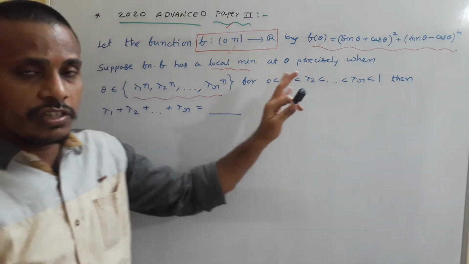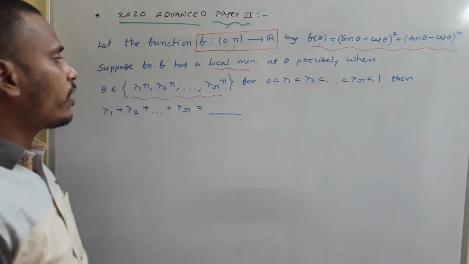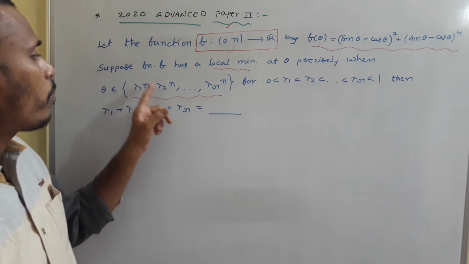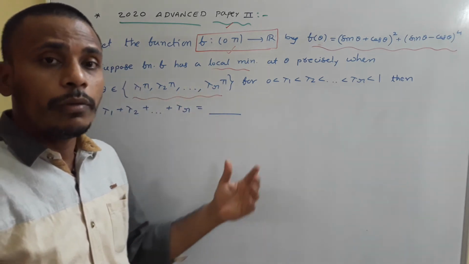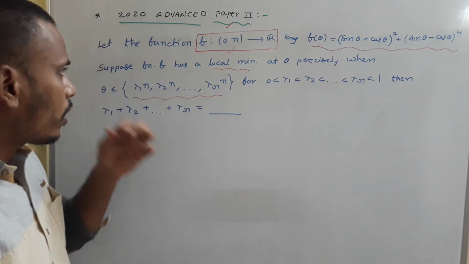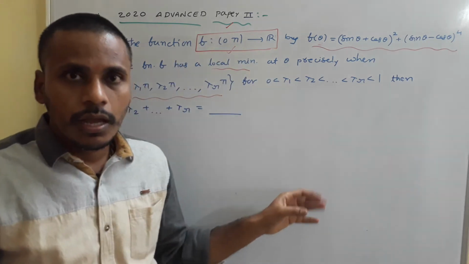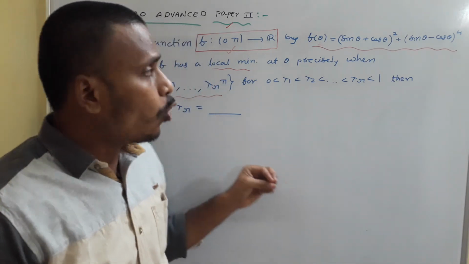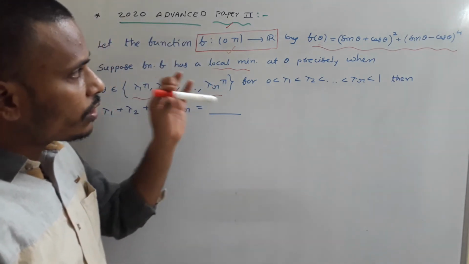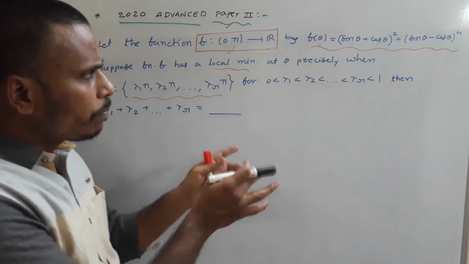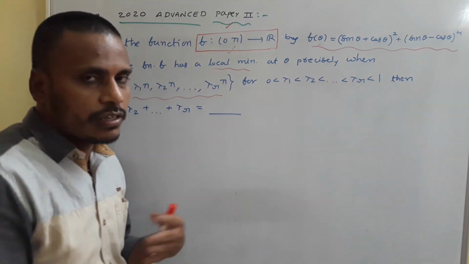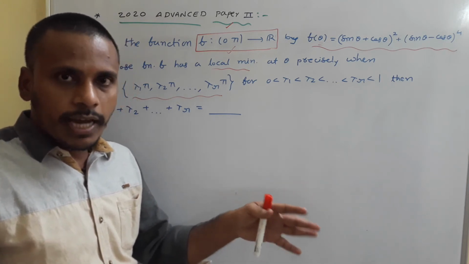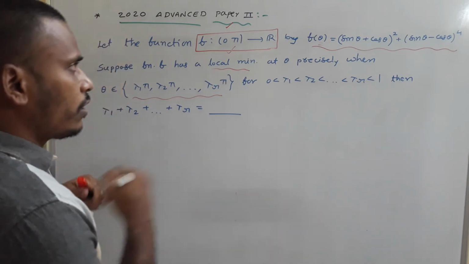So further this restriction is given. After that, we need to add all these lambdas. We don't know how many values are possible in this set. Maybe 1, maybe 2, maybe 10, we don't know, right? So our target is first of all to analyze the function and to find the values of theta at which the function has local minimum. First of all, you just start with the function, try to simplify it, then go for the first derivative and then make it equal to 0 to get the extrema, maximum and minimum points. After that we will continue.